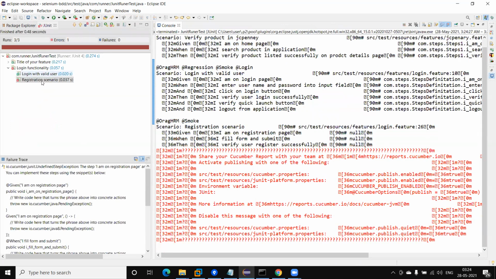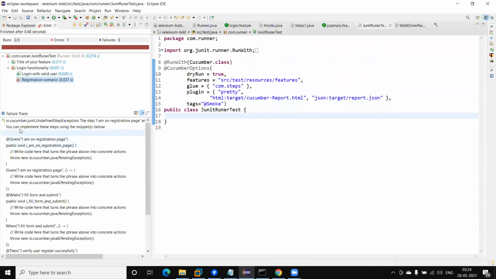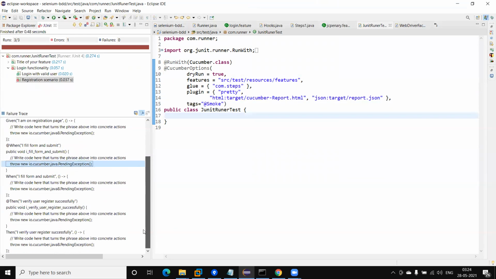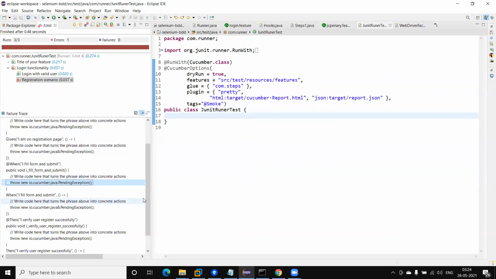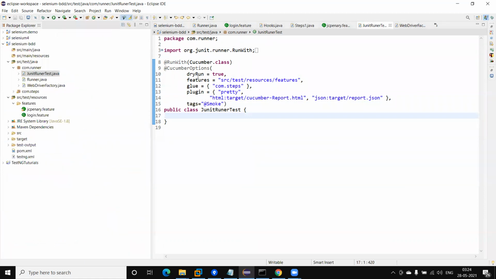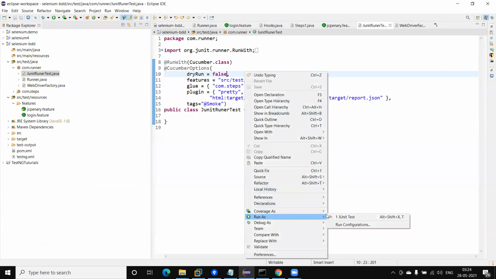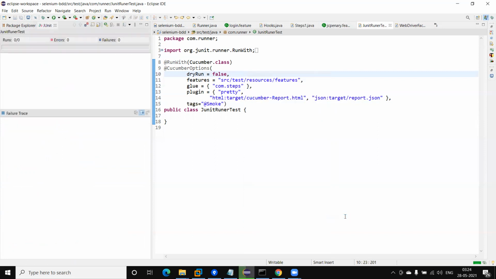You can see the failed registration scenario, and here you can see the missing steps are compiled. You can also see the test is not executed. But if I mark this as false, then the test will execute as well as give the compile error, meaning the missing steps.